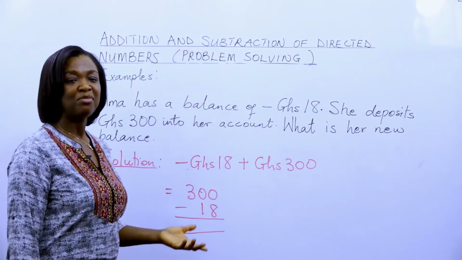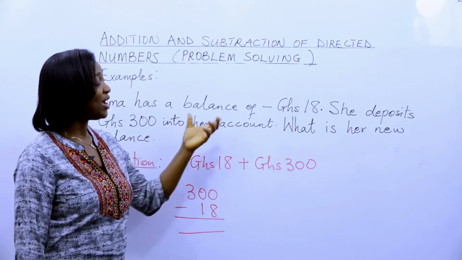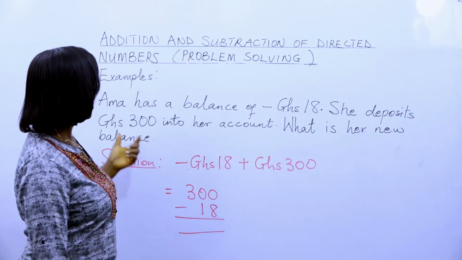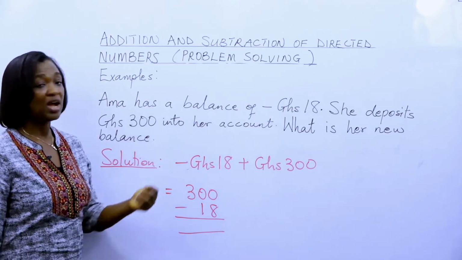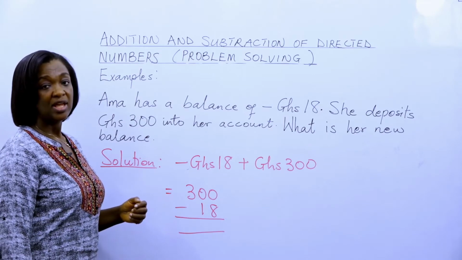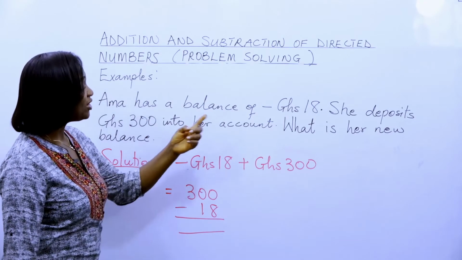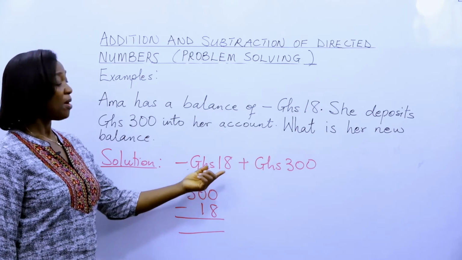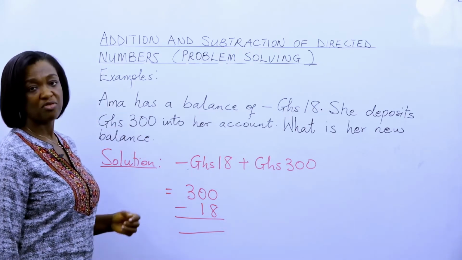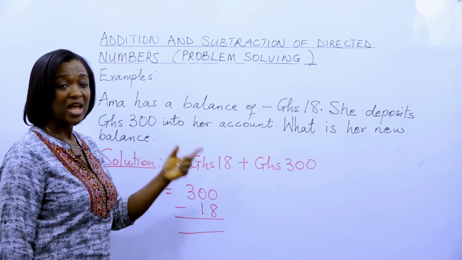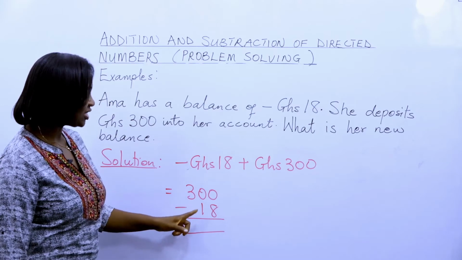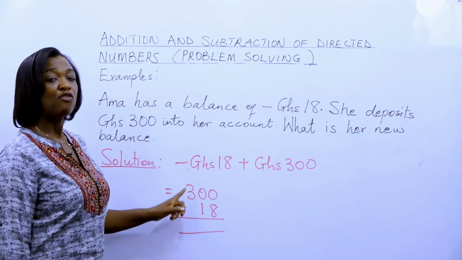Let's look at this example. Amma has a balance of minus 18 Ghana cedis. She deposits 300 Ghana cedis into her account. What is her new balance? The solution is minus 18 Ghana cedis plus 300 Ghana cedis because she deposits 300. But to work out how much her new balance would be, you have to subtract 18 Ghana cedis from 300